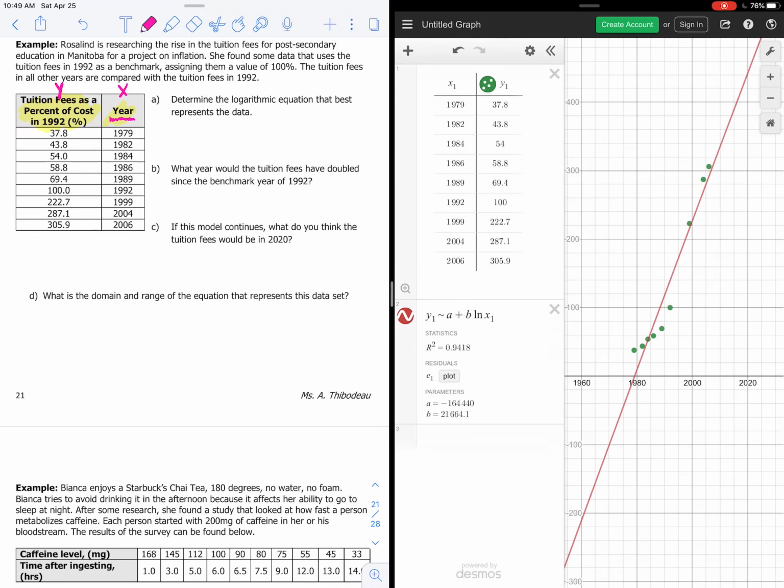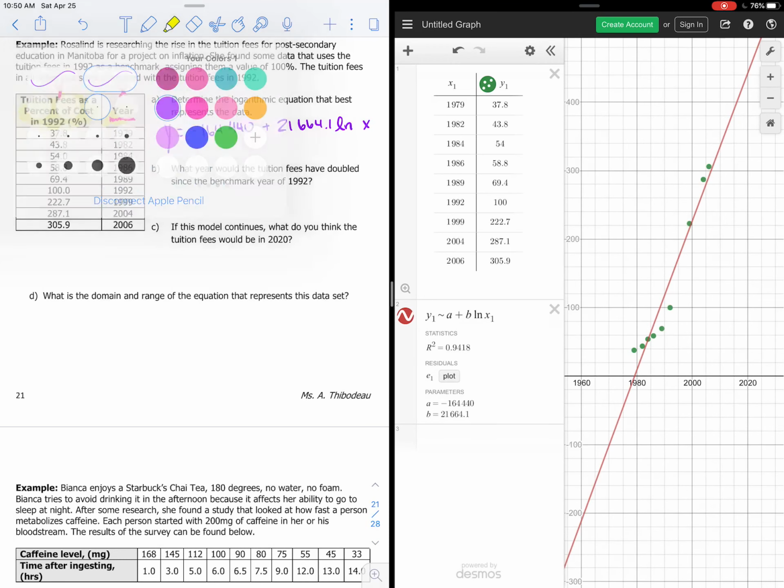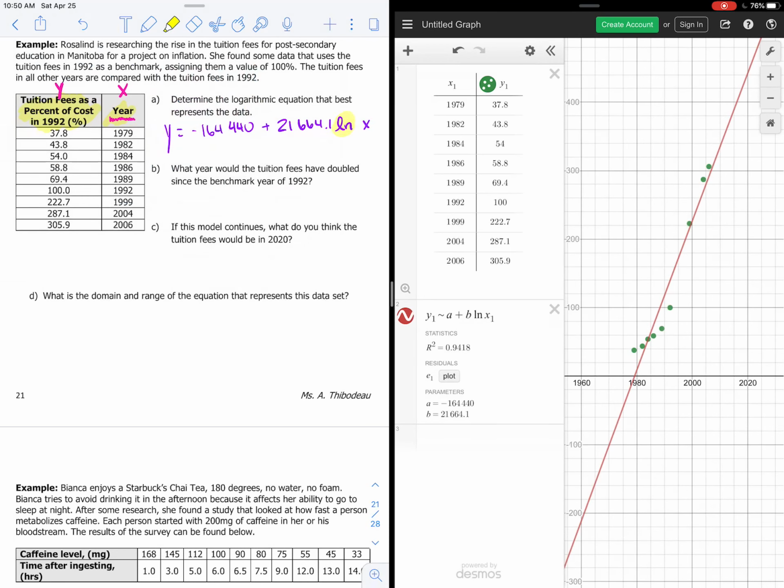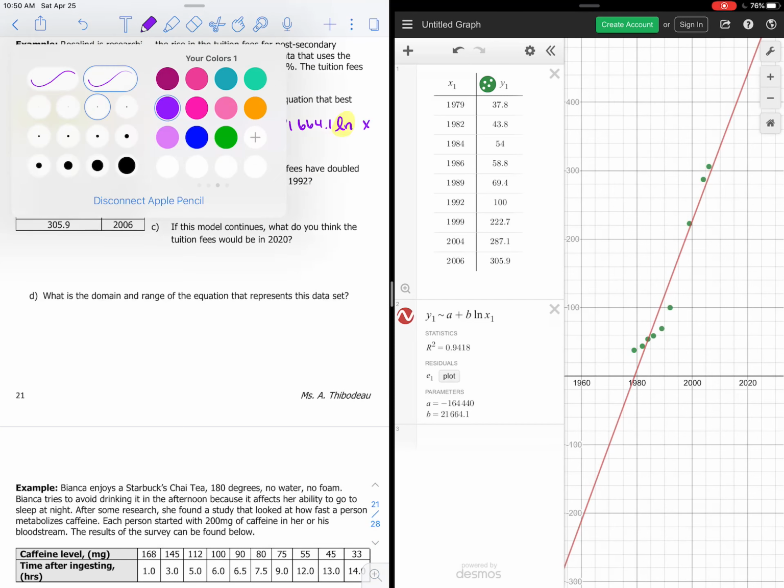Well, we've done our regression, and we get an a value of -164,440 and a b value of 21,664.1. So when we plug that into our equation, we get y is equal to a, which is -164,440, plus b, 21,664.1, ln of x. You'll notice whenever I draw my L for my ln, I always do a cursive L,